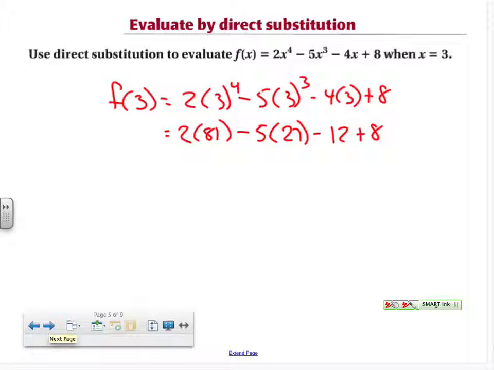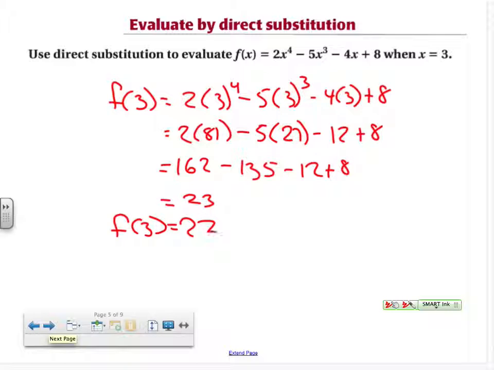All right, 2 times 81, that's 162. Minus 5 times 27, 135. Minus 12 plus 8. And go through 162 minus 135 minus 12 plus 8 is 23. So f of 3 is 23 using direct substitution. Not too bad. It's kind of hairy in here, a little bit long. Let's look at